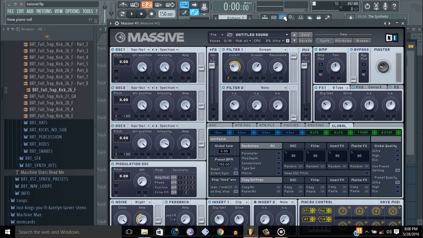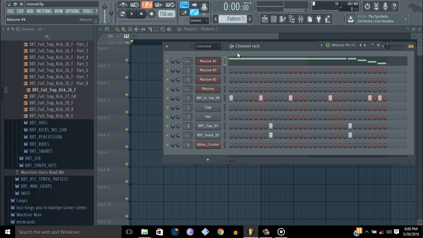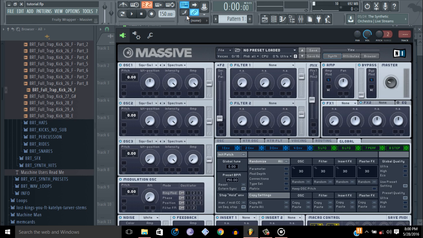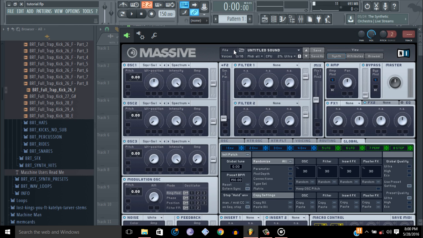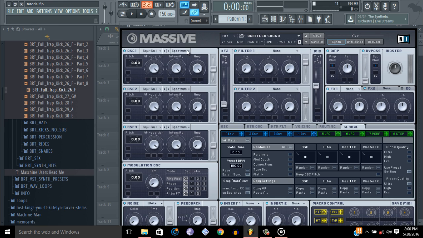Okay. So we're just going to start by opening up a new Massive. Okay, here we go. We'll open up a new sound, make sure it's not on any preset or anything like that. Every oscillator should be on and put to square saw wave. This is basically just 3 saw waves that'll be detuned and edited. Everything's on spectrum. The intensity for the first 2 are going to be all the way up. On the third one, just turn it slightly down, and this is because